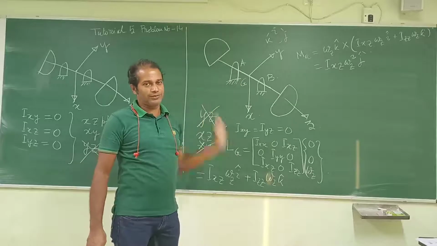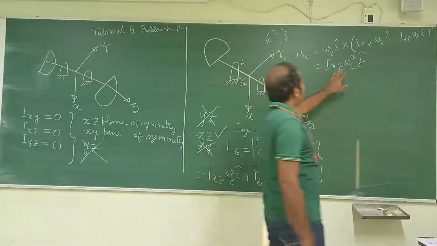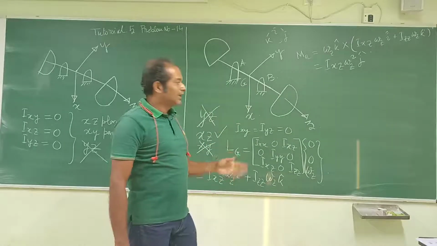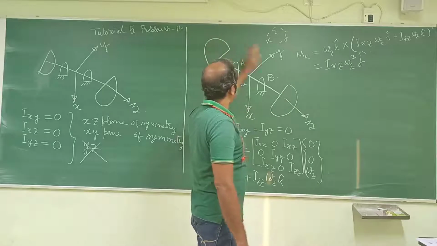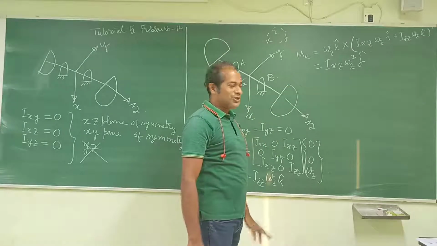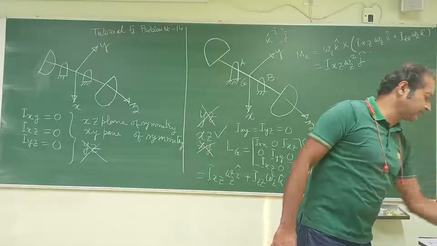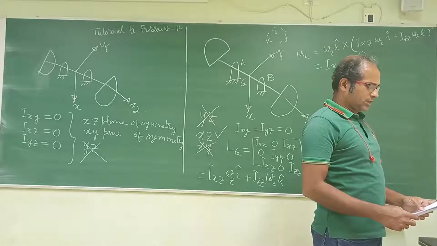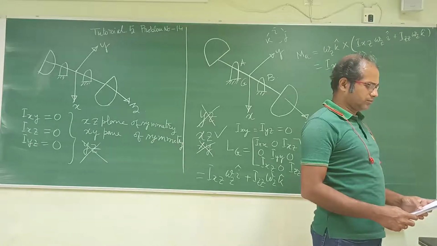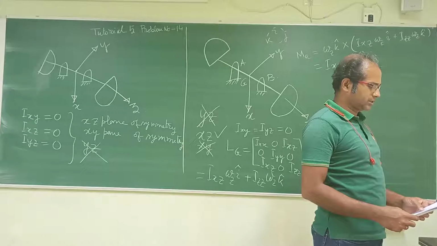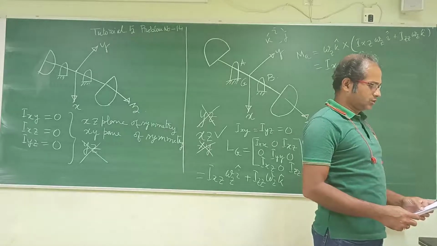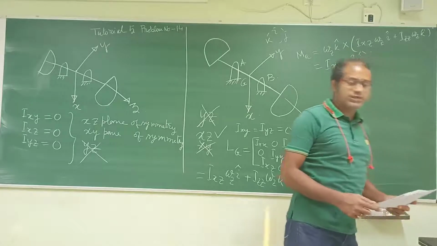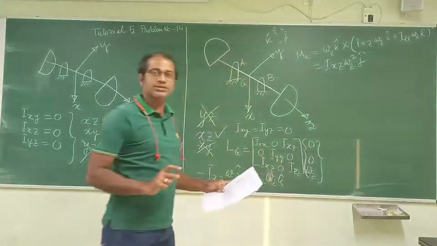Now this problem has been solved. So what are you going to do now? You have to calculate the Ixz of the entire system. It is already told: calculate the force applied on the shaft bearings for the angular speed, neglect the force of static equilibrium. Two semicircular discs are welded to the shaft supported by bearing A. The shaft weight is not given, so that means the shaft is massless.